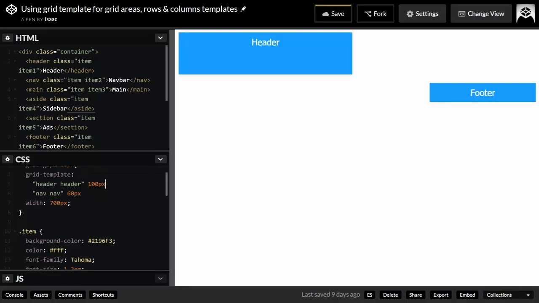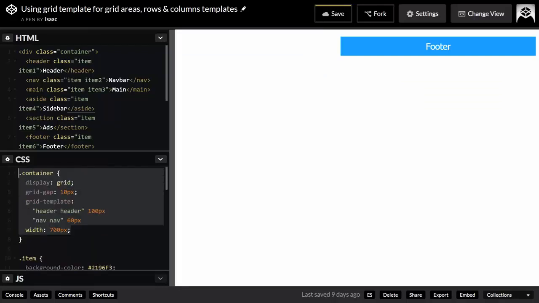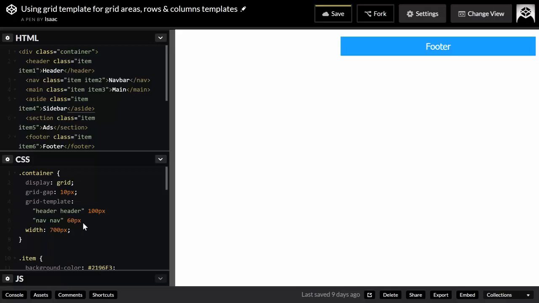Oh, and by the way, I added a semicolon. Make sure you don't add any semicolon in your code here for this declaration until you're done. So the semicolon only comes at the very end. It should come here, okay? But right now we're not done, so don't add anything. So 60 pixels here. Then I'm going to have